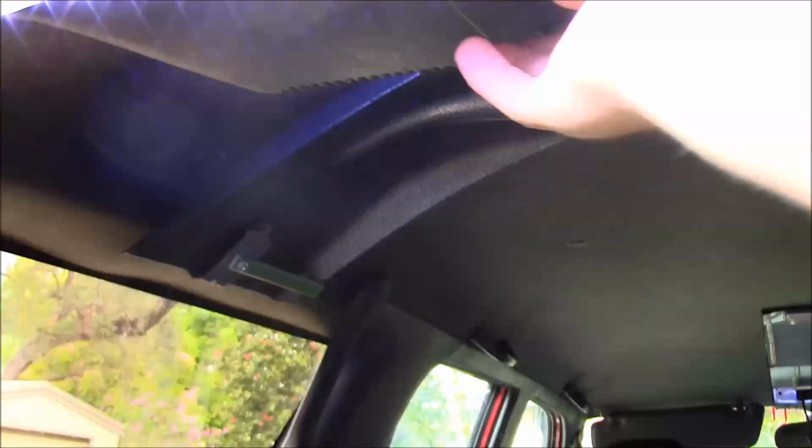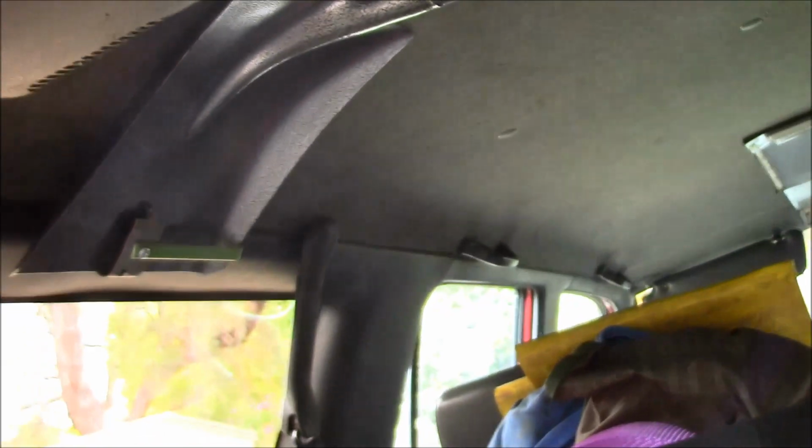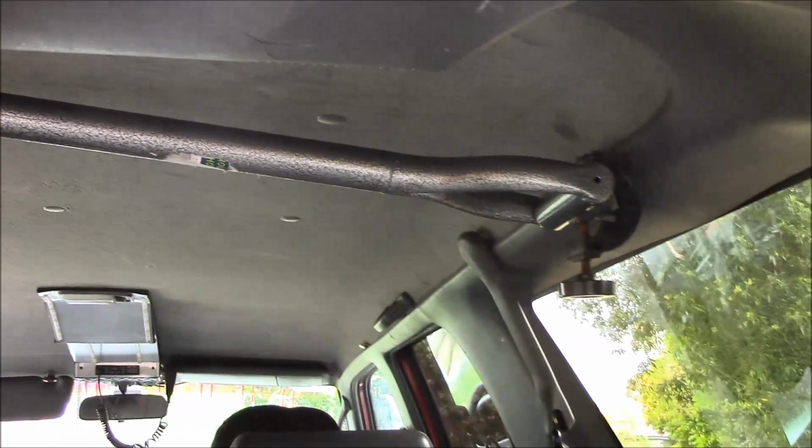We've also got a shovel mounted to the roof. All you've got to do is unscrew that, and the shovel comes right out, sits in there nicely, and it's always handy. Inside the car,